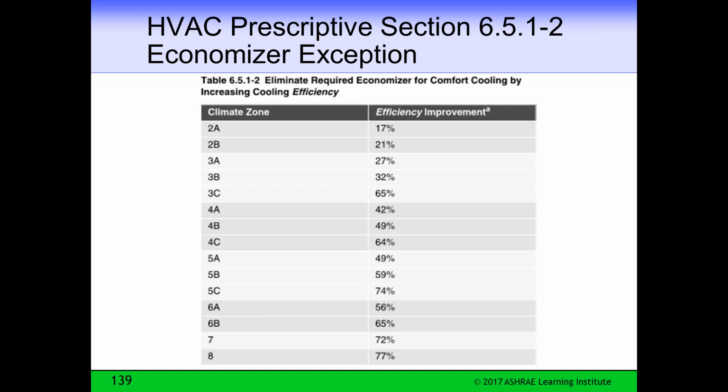So if you've got some reason you hate economizers, which a lot of people in climate zone 2A do because of the amount of humidity it brings in, then you can do that. Now you can see that this is for cooling. The economizer works for cooling. As you get into colder and colder climates, it's harder and harder to do away with, because you don't run the cooling as often, but you have a tremendous amount of time that the economizer will cool the building, so it gets harder to eliminate it for efficiency reasons.